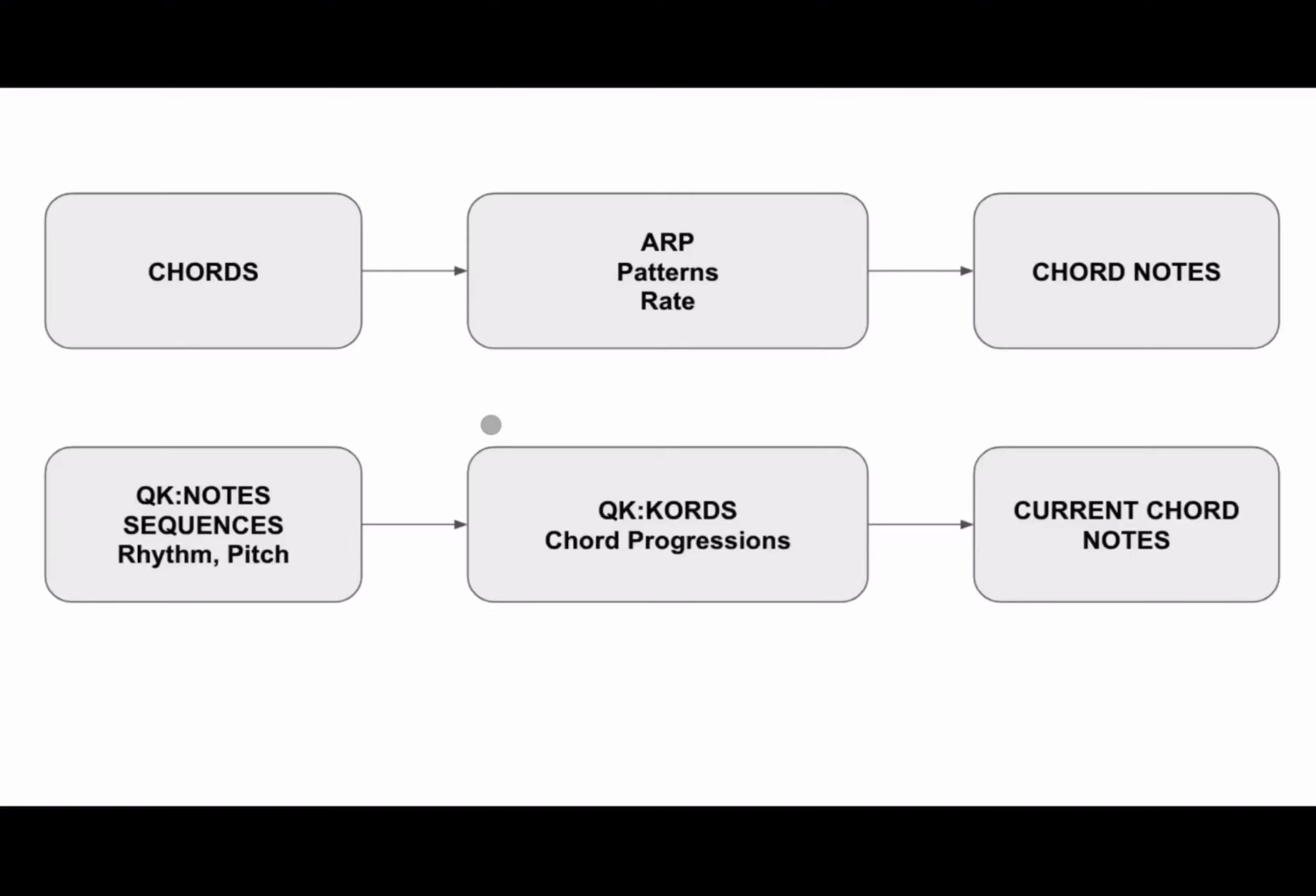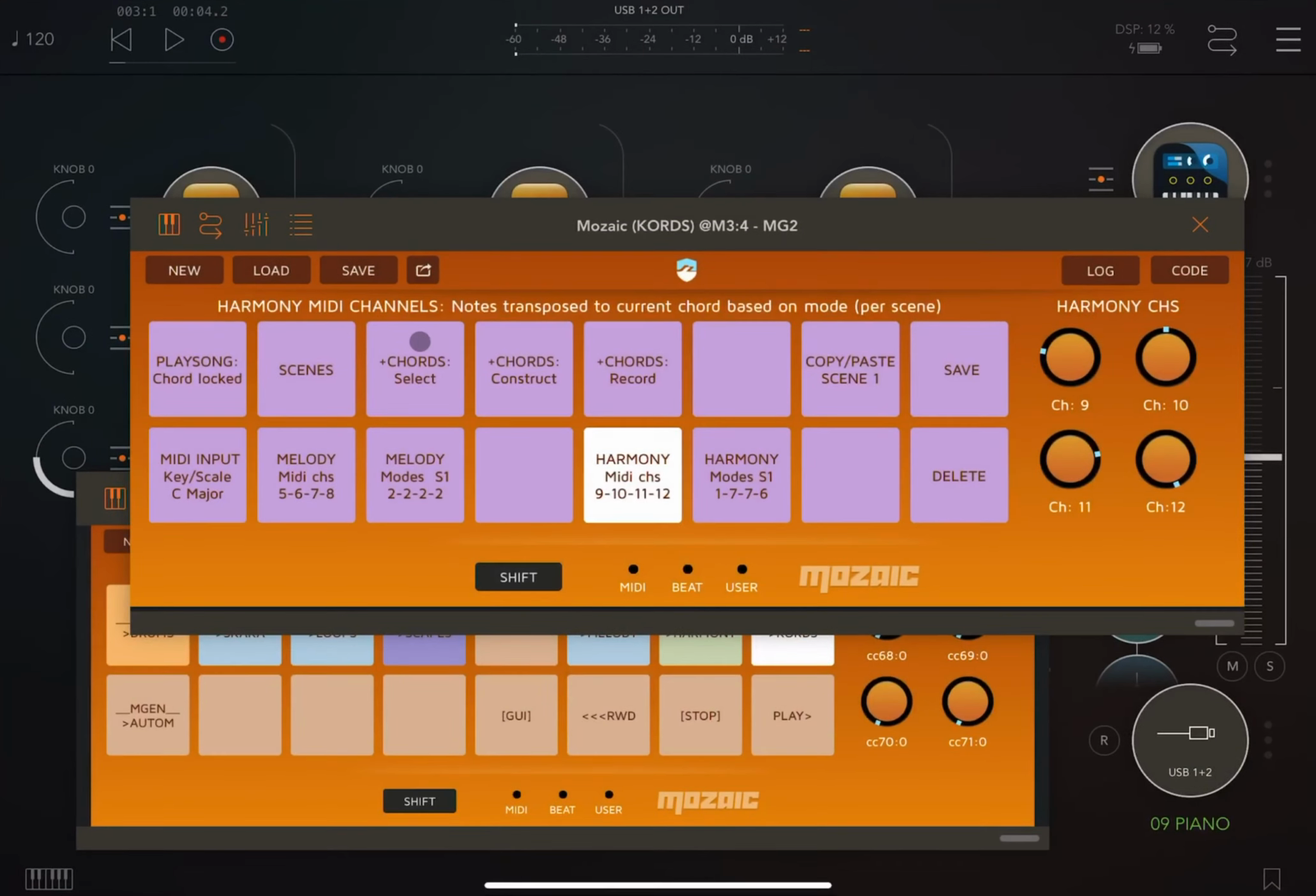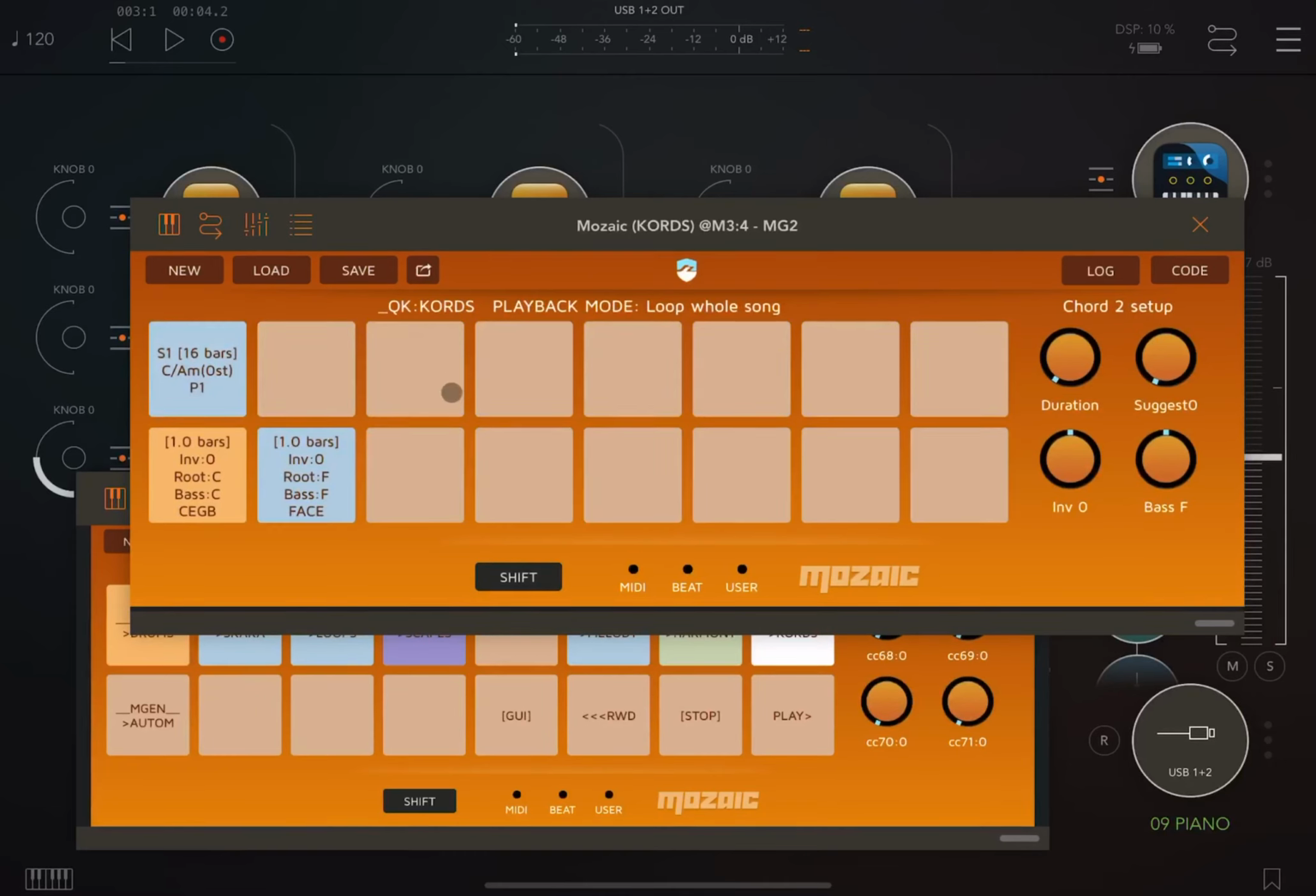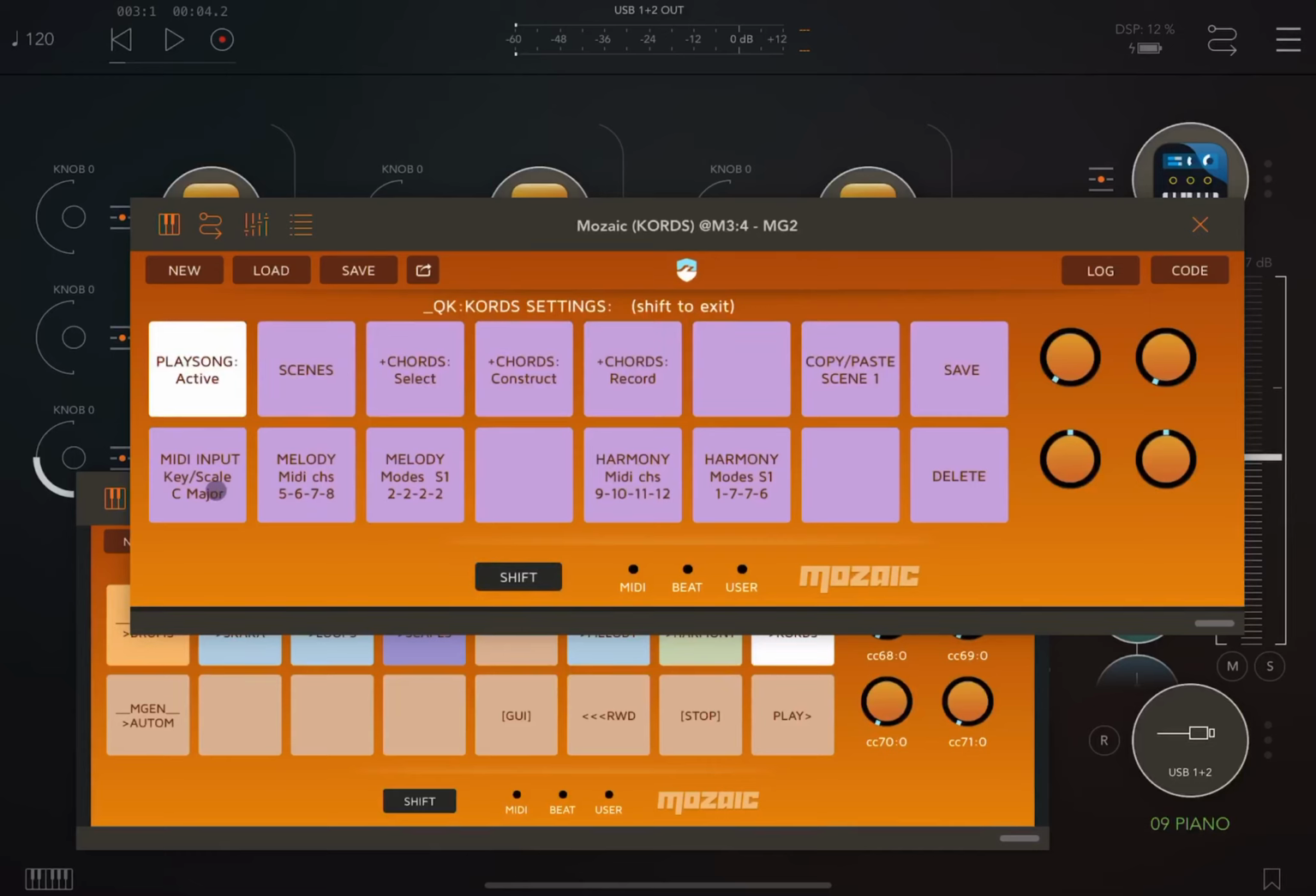The key to this system is that chords transposes incoming notes to the notes of the current chord in the following way. It uses a root chord shape which we define in the incoming scale setting. By default, it's set to C major, and you can leave this set to C major. There's no real need to change this ever. With this setting, our incoming notes use the root chord shape of C major